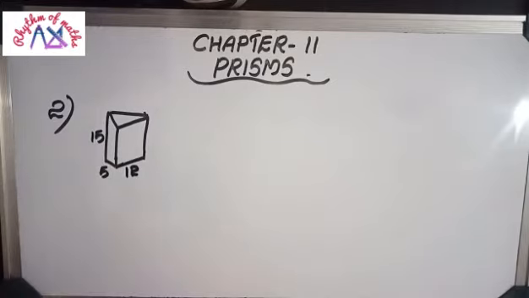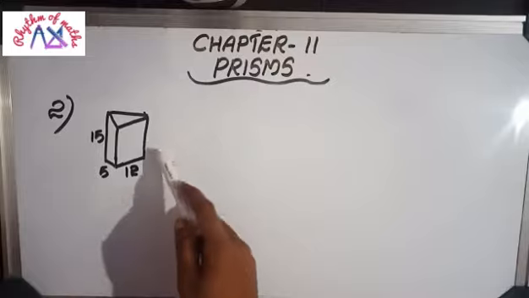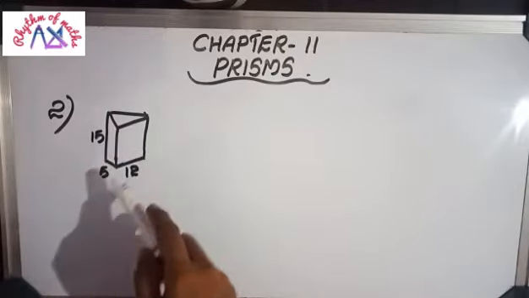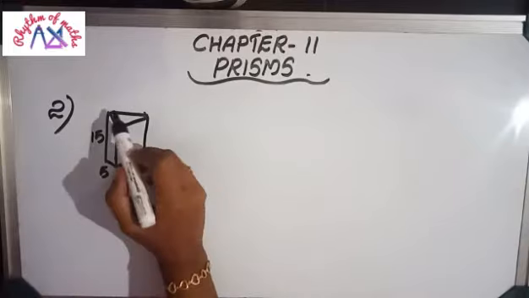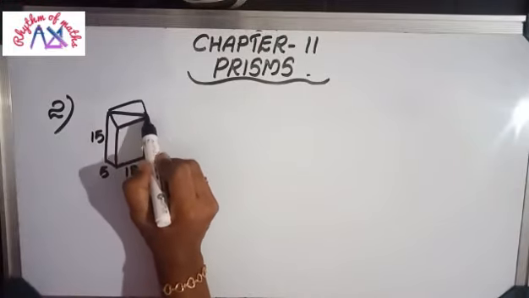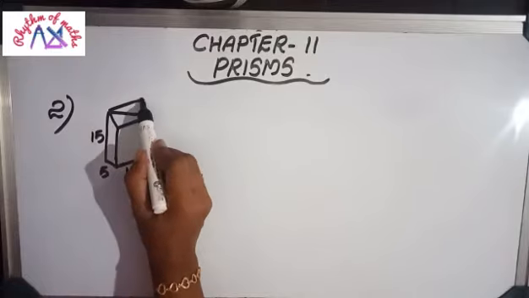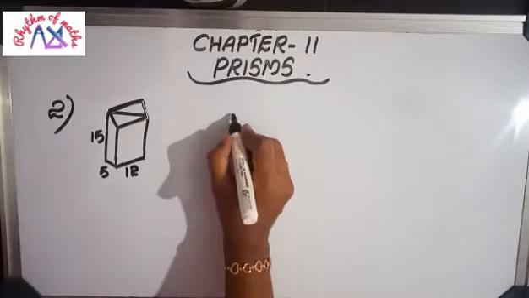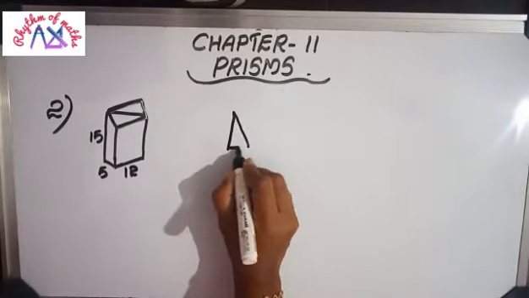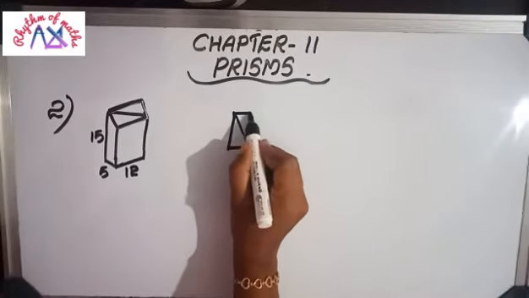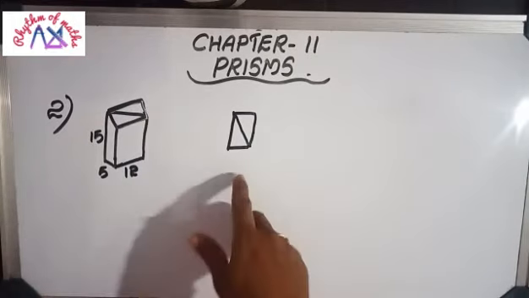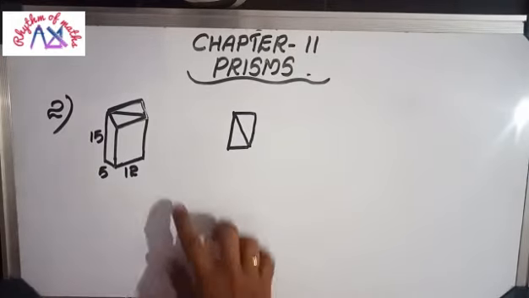This is one right triangle prism, and if we join the same two right triangular prisms, we will get a rectangular prism. How? After joining two triangular prisms, the shape will be like this. In the base part you will get a rectangular portion, because the first right triangle joined with the next right triangle makes a rectangle. So this is the shape.